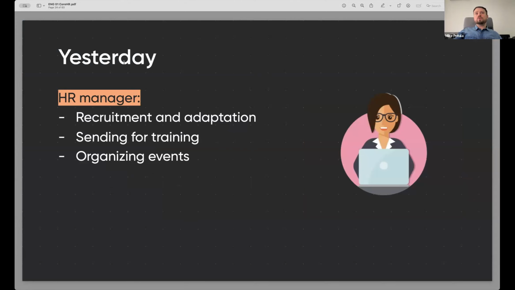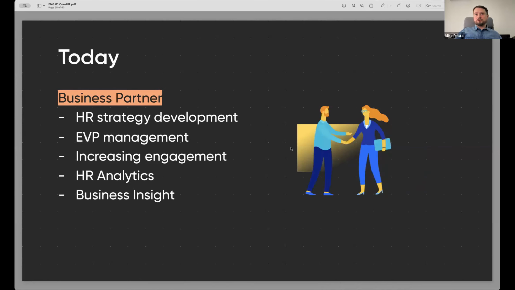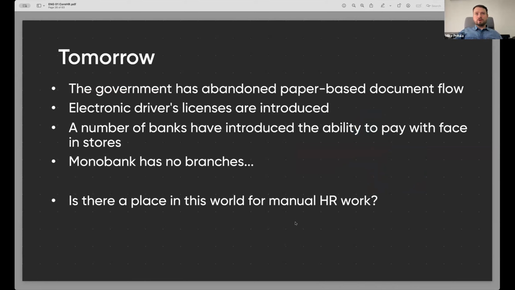Yesterday, HR was in the form of an HR manager with such responsibilities as recruitment and adaptation, sending employees for training, organizing different events. Today, HRs are more like business partners. They develop HR strategy, they manage employee value proposition, they increase engagement, they do HR analytics, they provide the business with insights about people. And tomorrow,